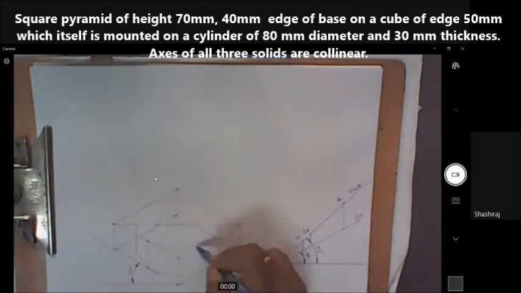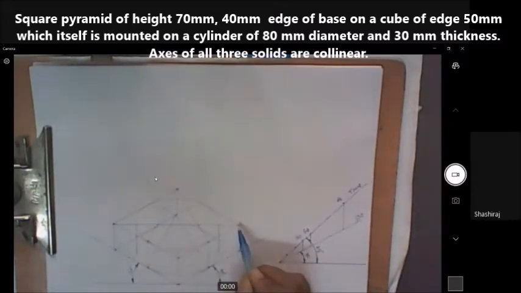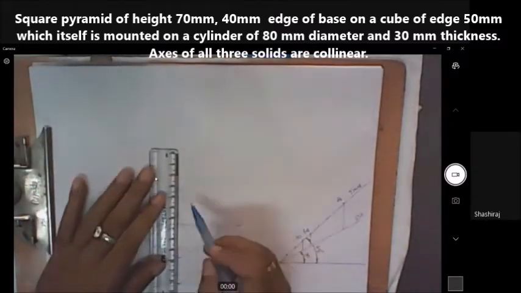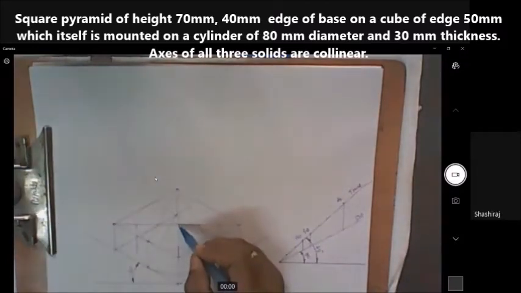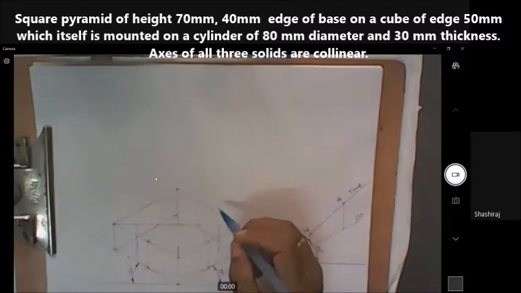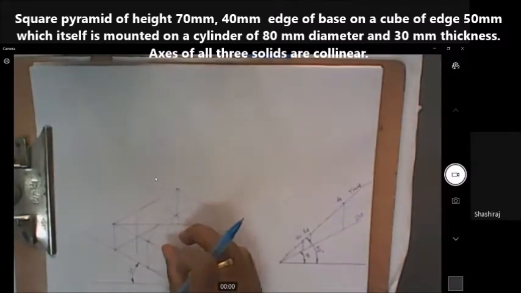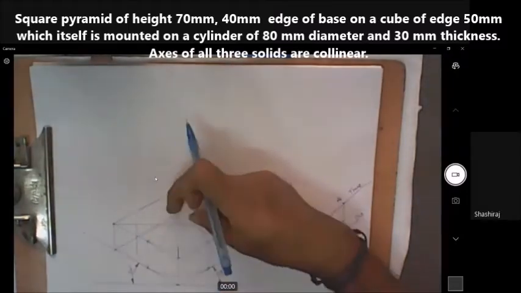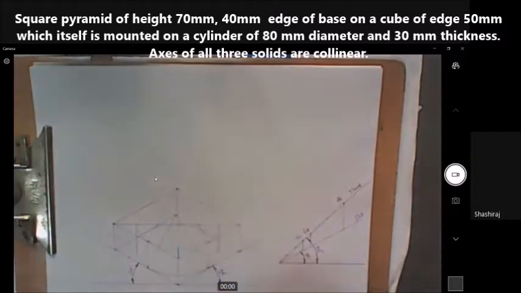So first let us find the center of this. See, already there is a diagonal here, and if I join these 2 corners now, I'll get the intersection point. That itself is the center of the face. First we have to draw 2 axes. On the axis we have to measure ISO 25 here, ISO 25 here, ISO 25 like this, and ISO 25 like this, because totally it is a square of 50.